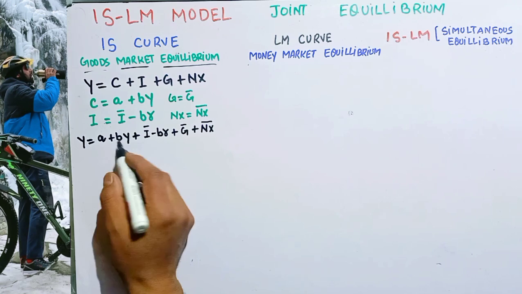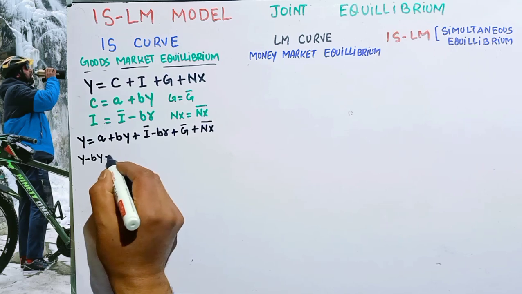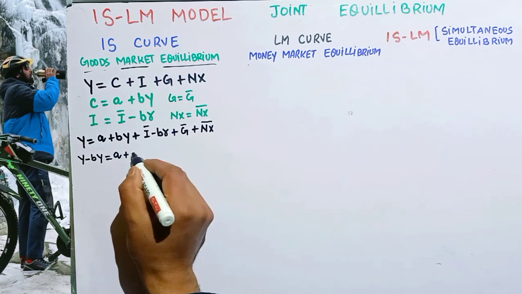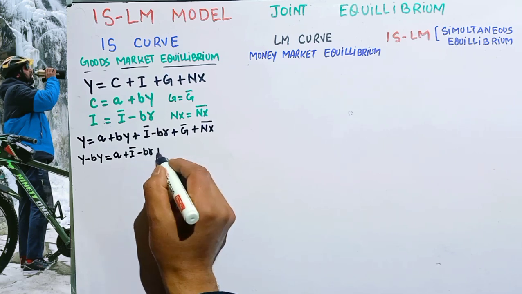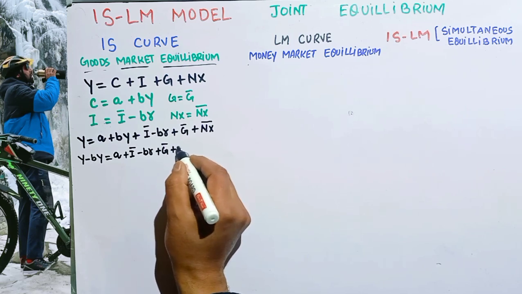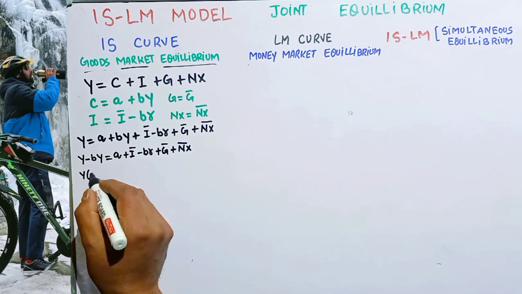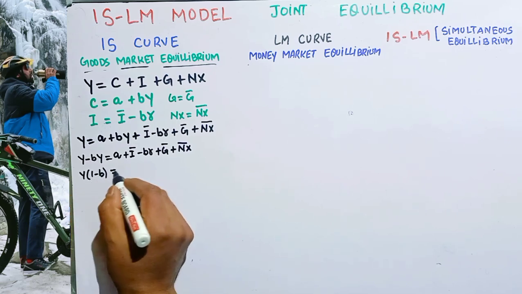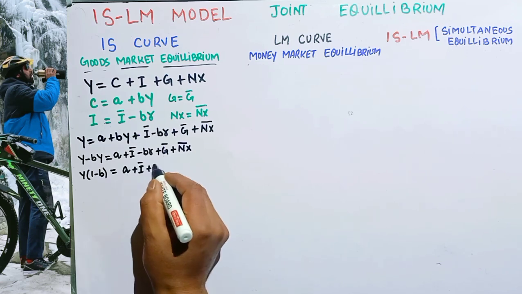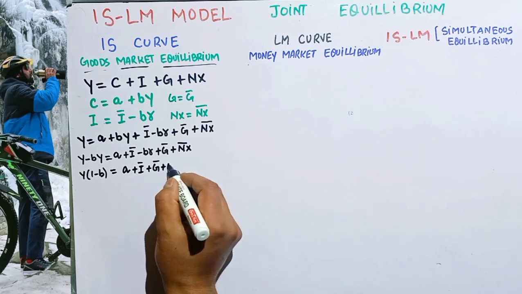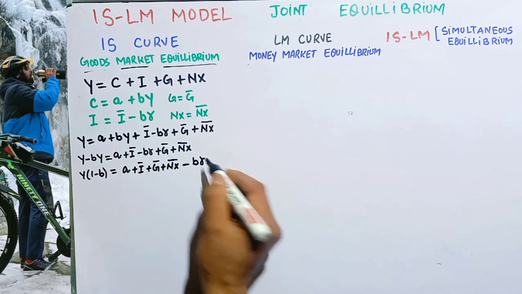Okay, solving for Y, transposing this term to the LHS, it will get subtracted. We have Y minus BY will be equal to A plus I bar minus BR plus G bar plus NX bar. Okay, let's take Y common, so we will be left with Y times 1 minus B equal to A plus I bar. Let's write this G bar first and NX bar first, and then write this BR. Okay,